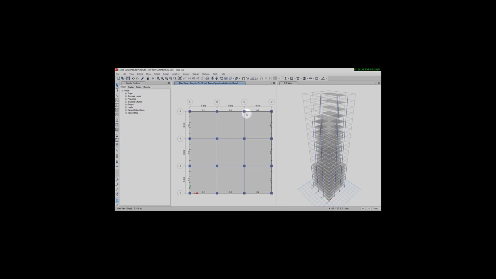Now go on similar story from story 9 to 14. Now again do same process of story 1 to story 8. Select outer side of beam.